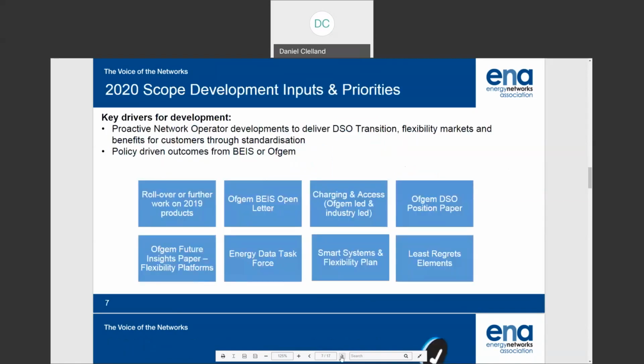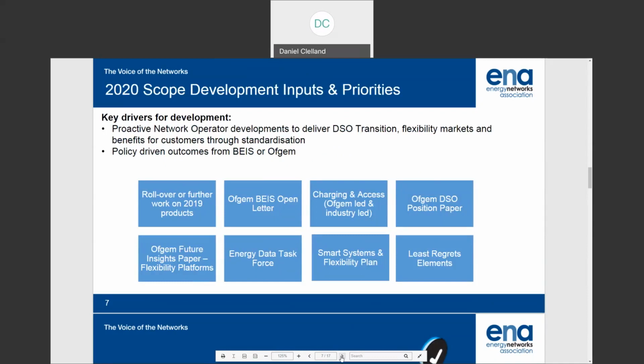In terms of how the plan for this year has been developed, it is taking inputs from a number of directions, particularly some of the policy drivers from both BEIS and Ofgem.